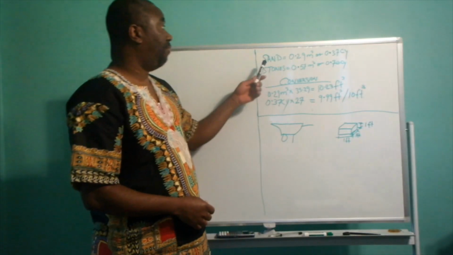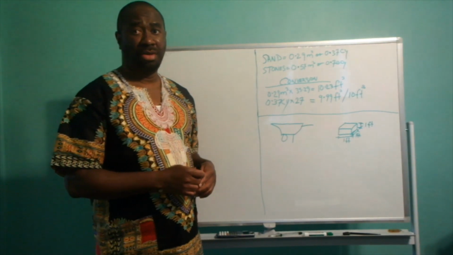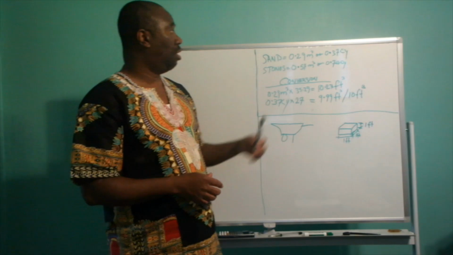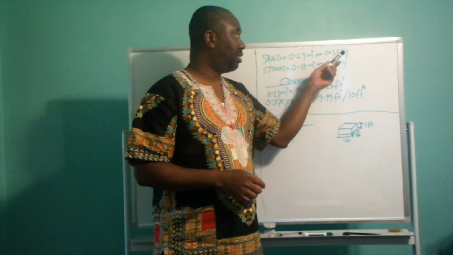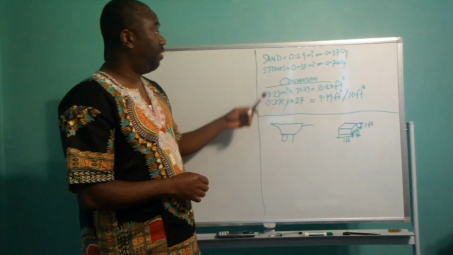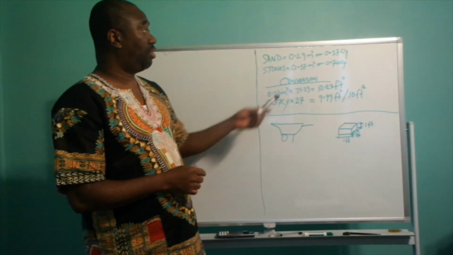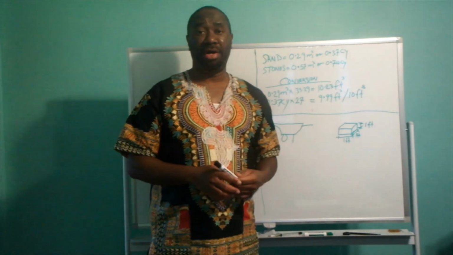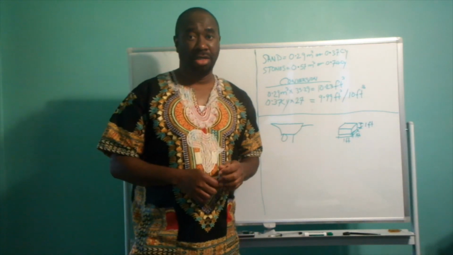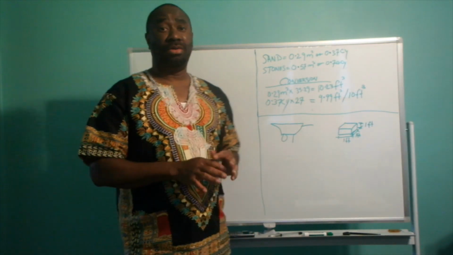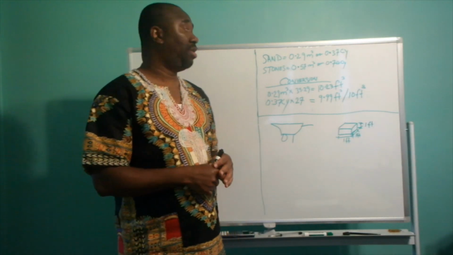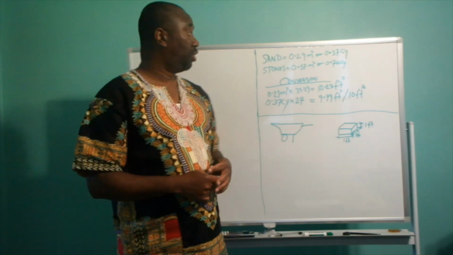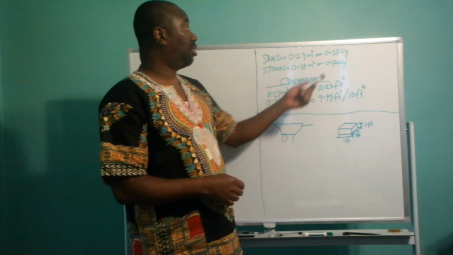The volume of sand is 0.29 meter cube, or 0.37 cubic yard, and the volume of stones is 0.57 meter cube, or 0.74 cubic yard. As I mentioned before, it's going to be difficult to quantify these measurements on site. So what you can do is convert